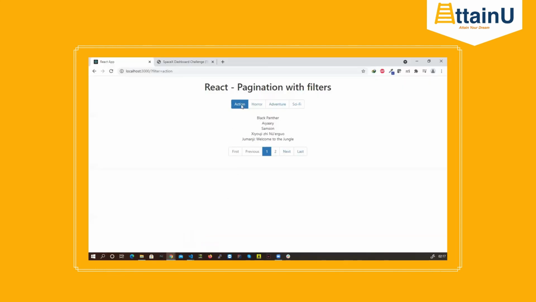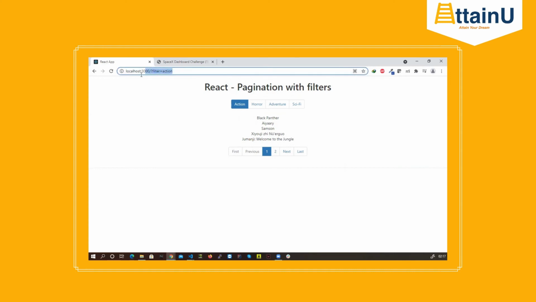Okay, let me explain again. So coming here, this is going to be the fresh application. No filters are applied. We have a pagination. You can click and go to each and every page. Now, when you click on action, since I have to preserve that action filter's value so that I can share that URL with any of my friends, I am going to update my URL. You can see I updated my URL with a search query.